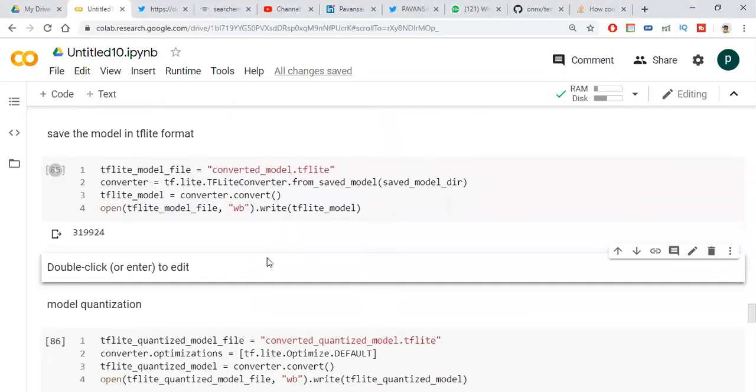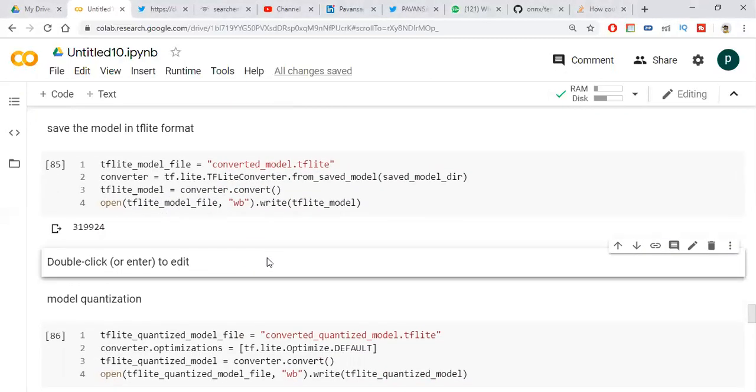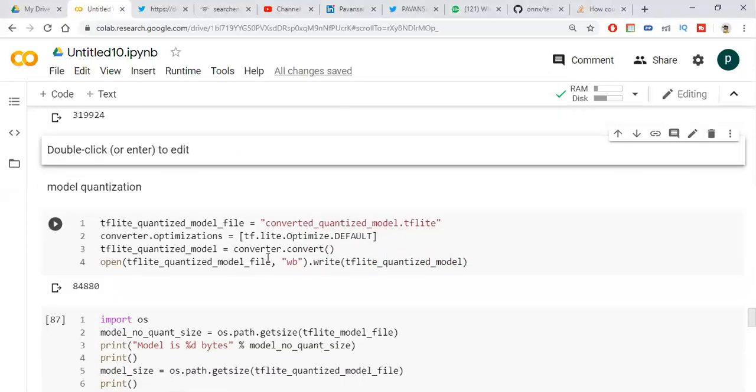After this, if you want to reduce your size further, we can do quantization. If the TF-Lite format model has some memory, then with quantization the memory is reduced even more than the TF-Lite format. So I am doing quantization.